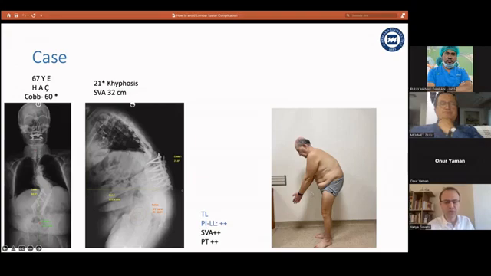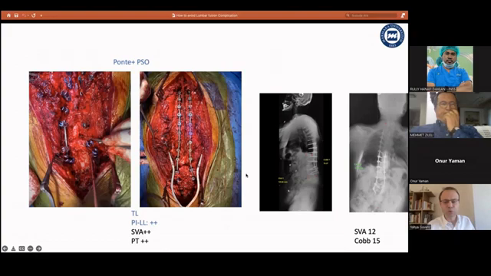This is the normal position. We took him to operation, we made some osteotomies in here, but there is a fusion at the inferior level, and there is some interbody graft from old operations, but there is a scoliotic fusion in here, in L4, L5, and S1. So we stopped in here, we pulled out all of the screws and we put new screws in here, but there is a very big hole in here. We put autograft in the hole and there is again a big hole in the old screw area. We filled all of the holes with bone graft and we put new screws in here, but after 5 months later,